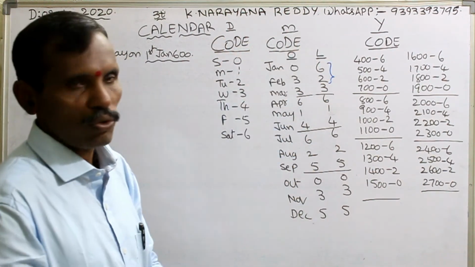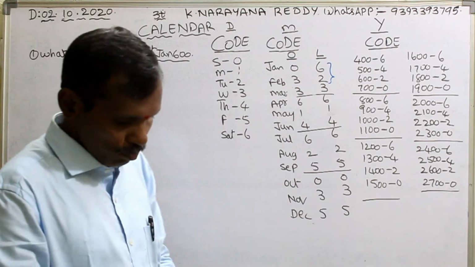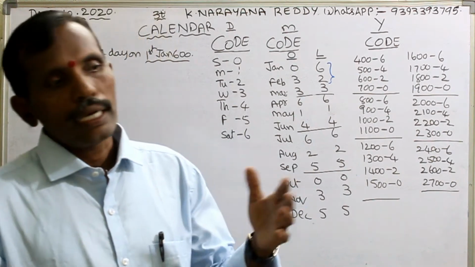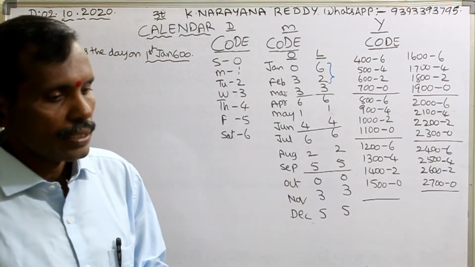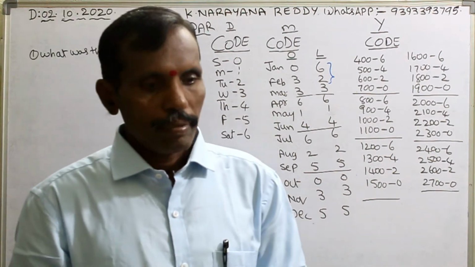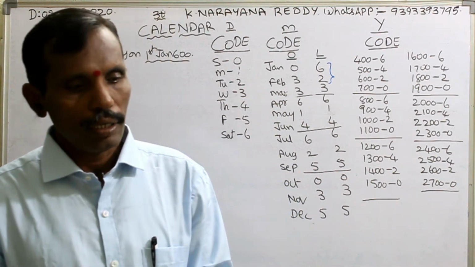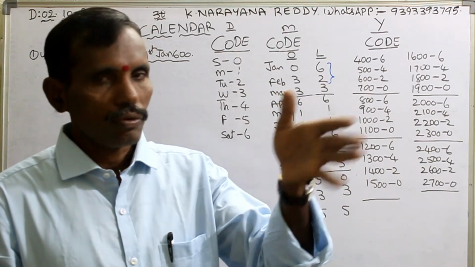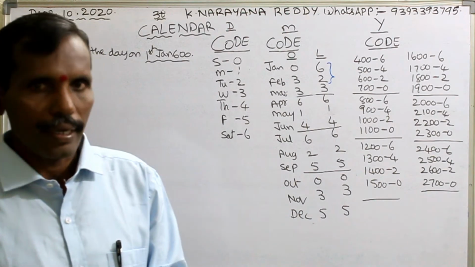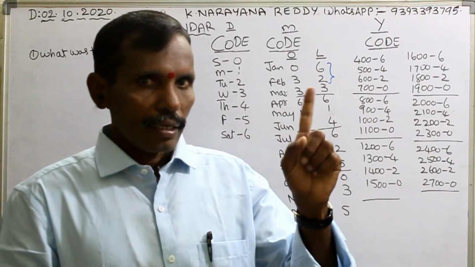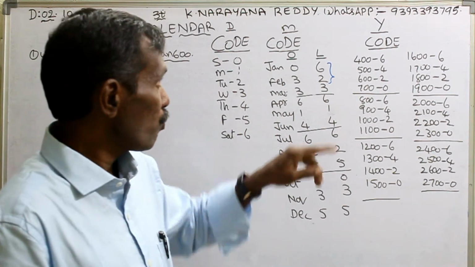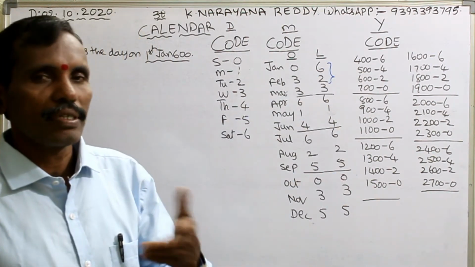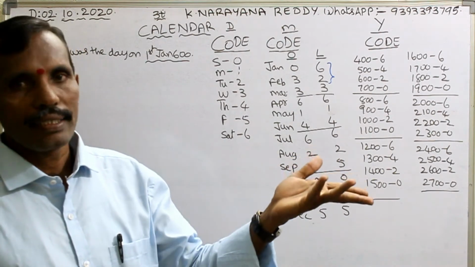Next comes the year code. Generally, how can we calculate odd days? 100 years contain 5 odd days. You know that, because this contains 24 leap years and 76 ordinary years. 24 into 2 is 48, plus 76. You can divide by 7 and get 5 as the remainder. 100 years contain 5 odd days, that is good. But 400 years: 4 into 5 is 20. 20 by 7 gives 14, remainder is 6.